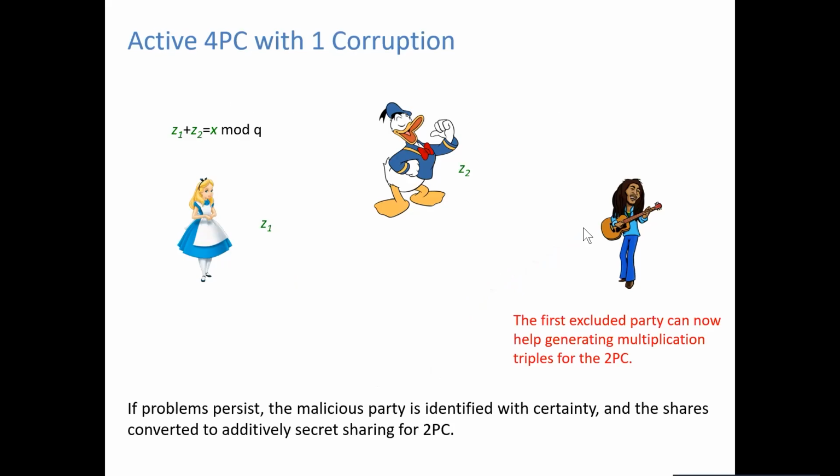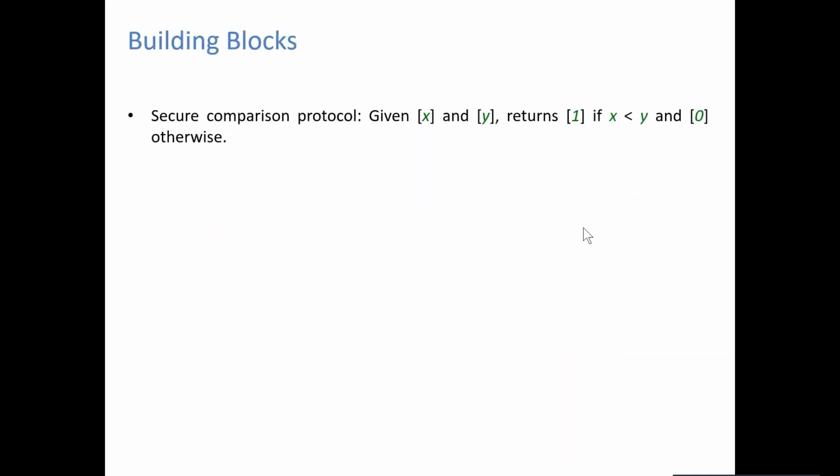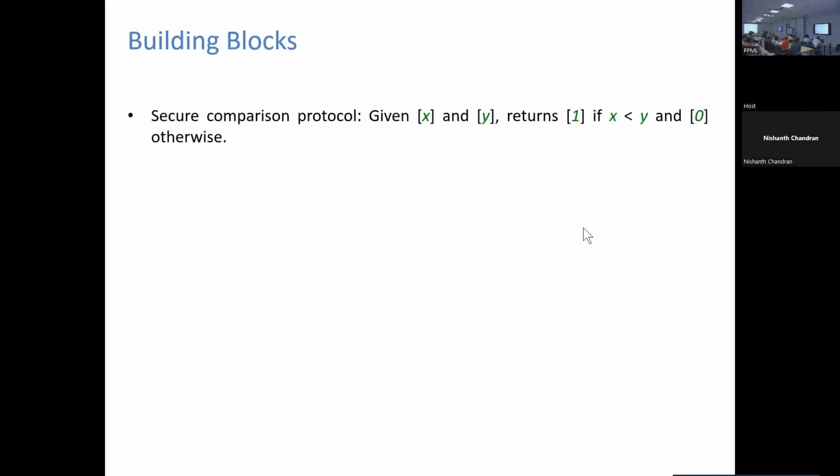Okay, so the highlight idea is that you have this 4PC scheme where, if everything goes right, you do the computations with 4 parties. If problems happen, maybe it will move to 3PC, 2PC, but you still keep the efficiency. So that's the main message here. And that's the underlying scheme that we use for 4PC computation with one corruption.